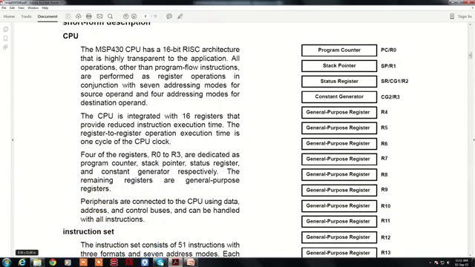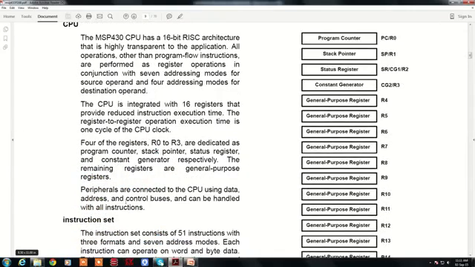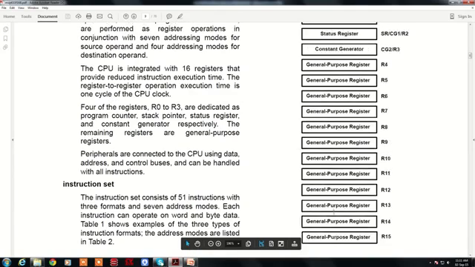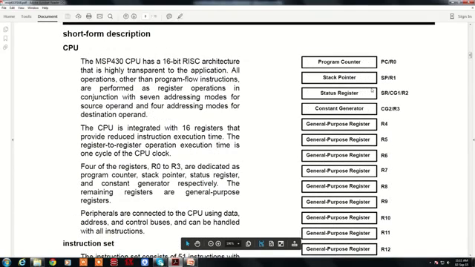If you look at the registers of the MSP430 controller, MSP430 has 16 registers, 16-bit, which is rich in registers. However, you cannot use the first 4 registers because they have some other function. Like R0 is majorly used as a program counter. Then R1 acts as a stack pointer.